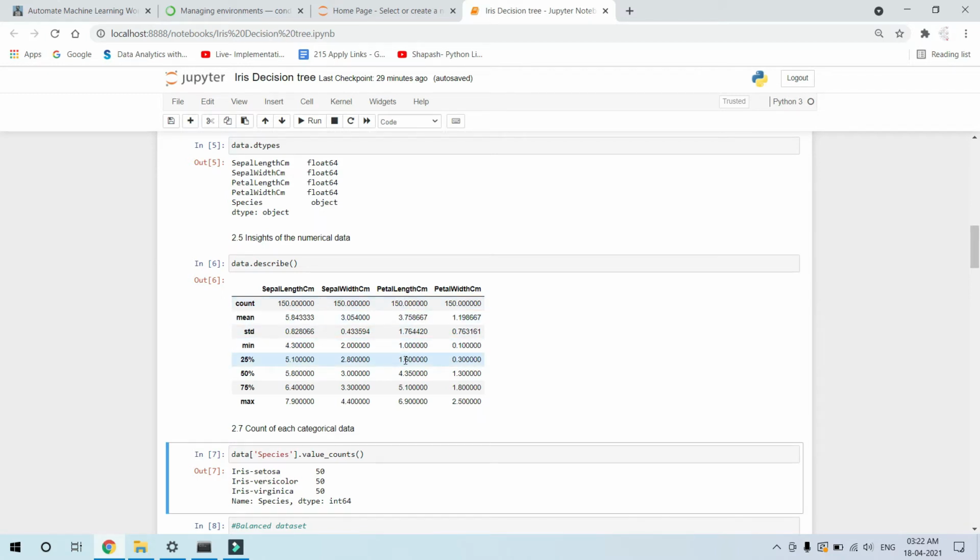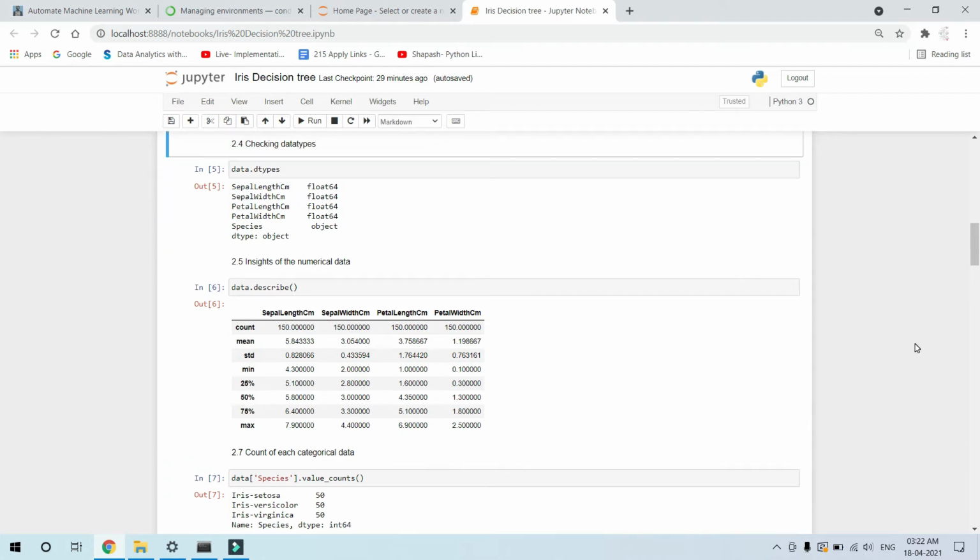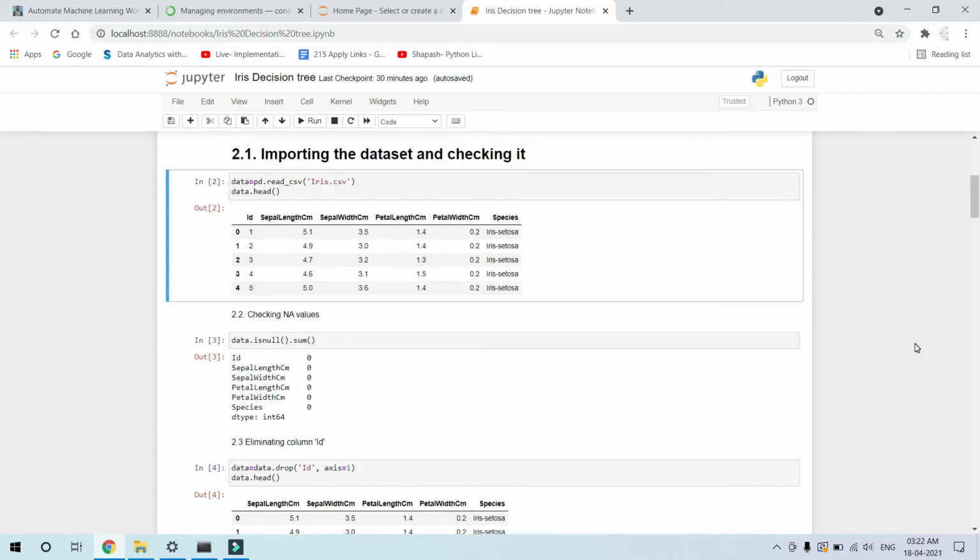After that I have counted the categorical values like Versicolor, Virginica, Setosa. So it's 50-50-50. That means it's a balanced dataset. But I had to shuffle a little bit, because in the dataset the first 50 is Setosa, then the second 50 is Virginica, then the third 50 is Versicolor. So if by chance during training only Setosa or Virginica gets selected and not the Versicolor, then while we implement this same model on the testing dataset, it will generate an error.